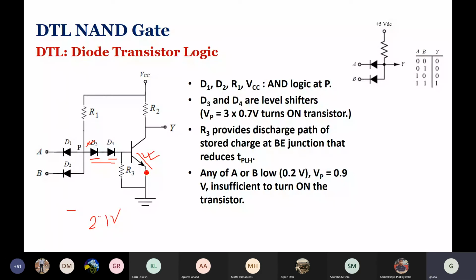If I put one diode, when will it start conducting? At Vp of 1.4 volt. With two diodes, Vp at 2.1 volt. So in a way, you can say these diodes behave like a so-called level shifter. It shifts the level of the input-output curve to the right, with the other part of the circuit remaining the same, to some other value like this. Is it okay?